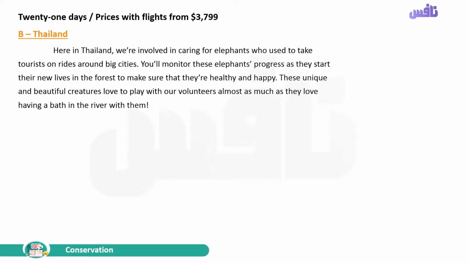You will monitor these elephants' progress as they start their new lives in the forest to make sure that they are healthy and happy. These unique and beautiful creatures love to play with our volunteers almost as much as they love having a bath in the river with them. 14 days, prices with flights from $2,599. C, Brazil.